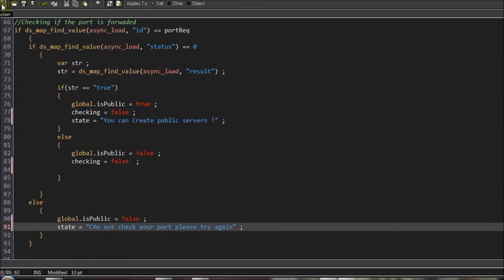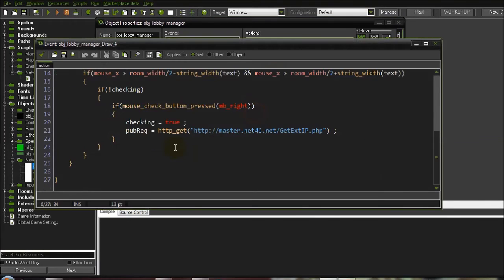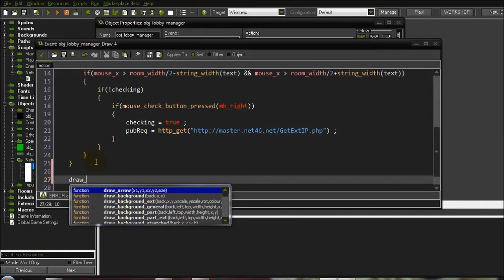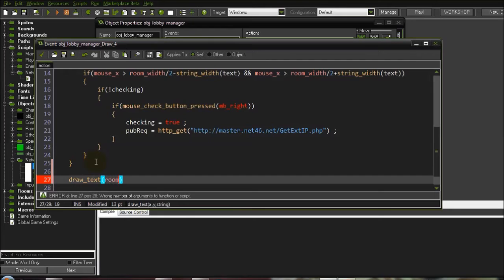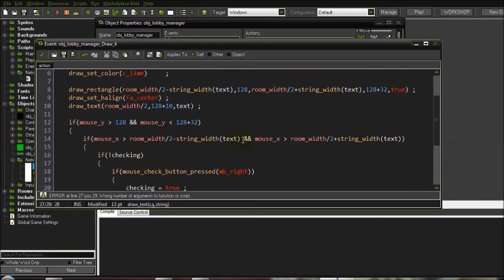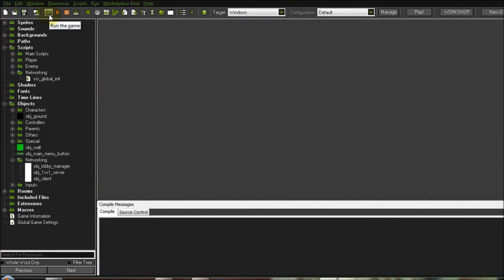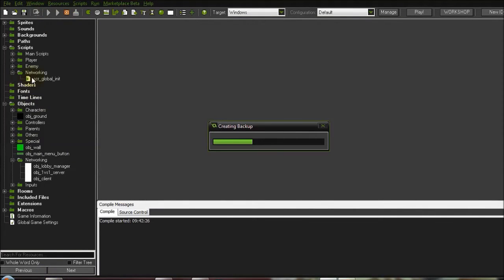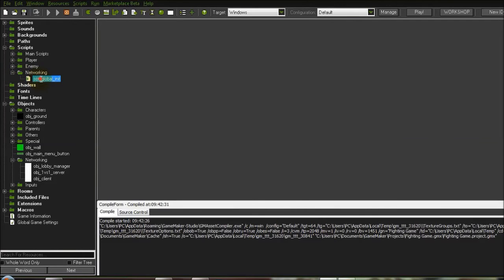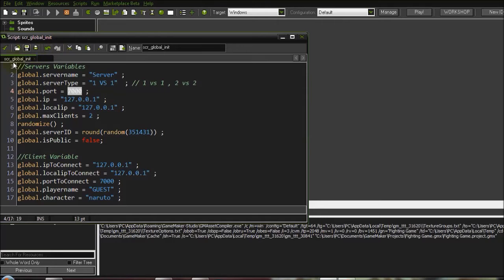So that's all. Now let's go to draw event, draw create menu here, and draw text, draw width divided by 2, and for the Y, so let's say what I have here. So this port is opened for me, and now